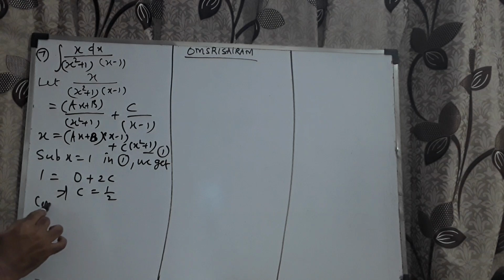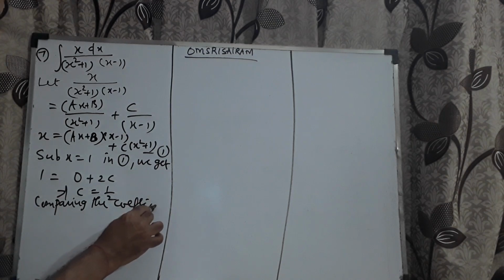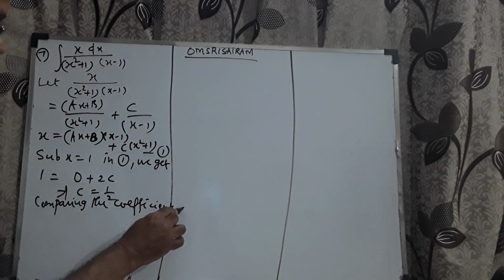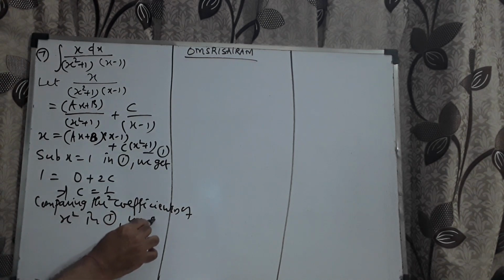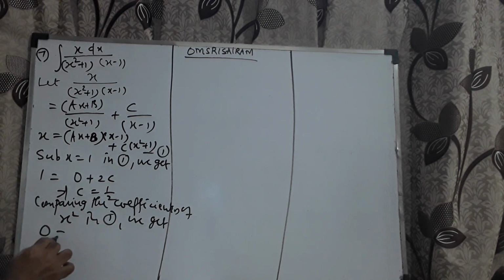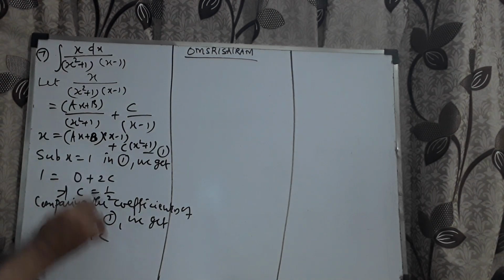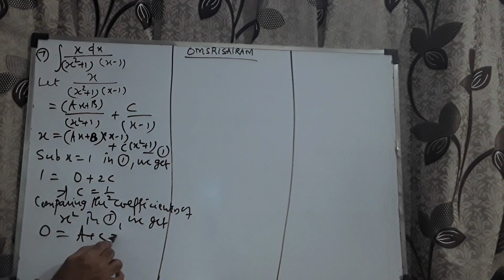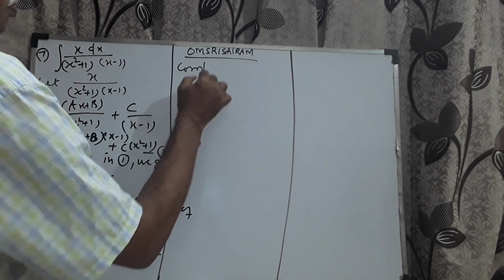Now comparing the coefficients of x square in 1, what do I get? There is no x square in LHS. 0 is equal to a plus c. See here, ax square plus cx square I have, which implies a is equal to minus c, which becomes minus half. Now comparing the constant terms,